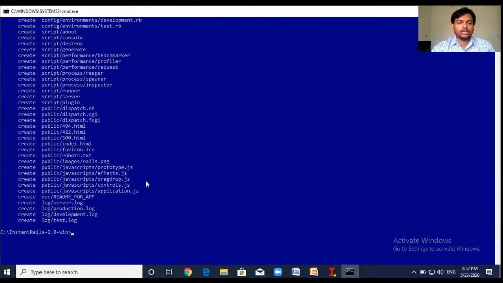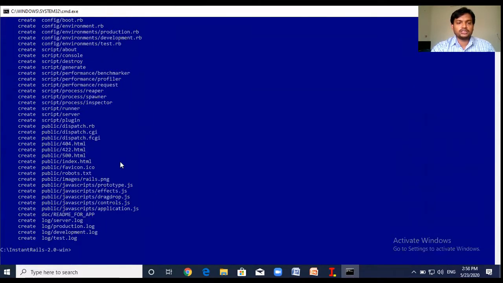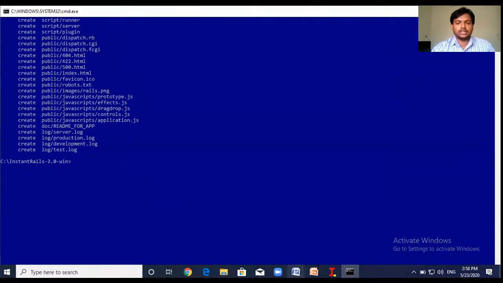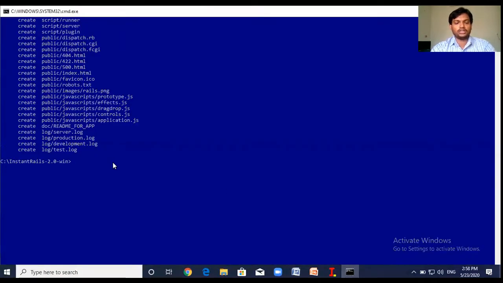Now all the directories and files are created. Next we need to change the directory to our application. The second step is change directory to bookstore 9, the application we have created. Now we have changed to our application.